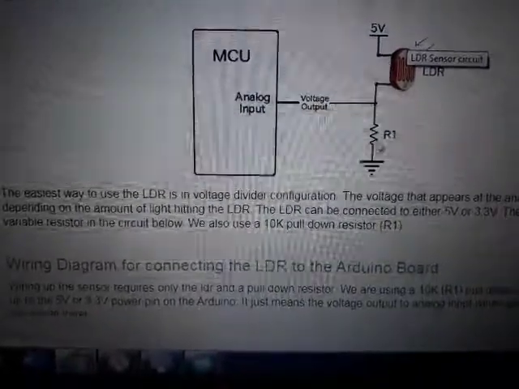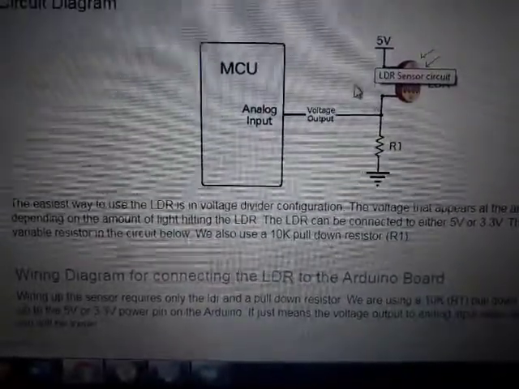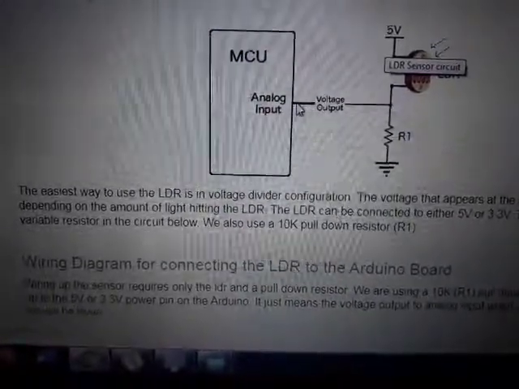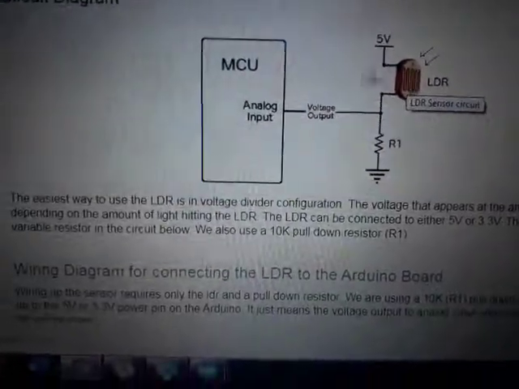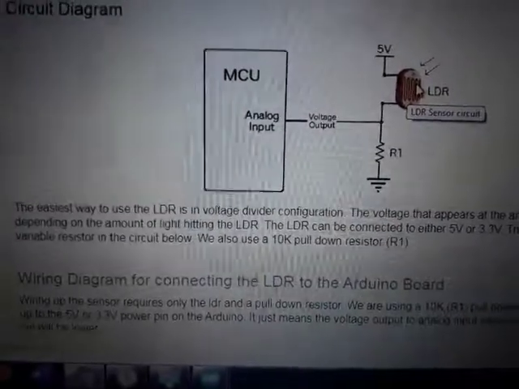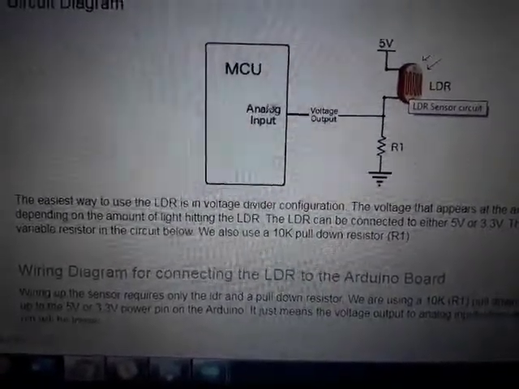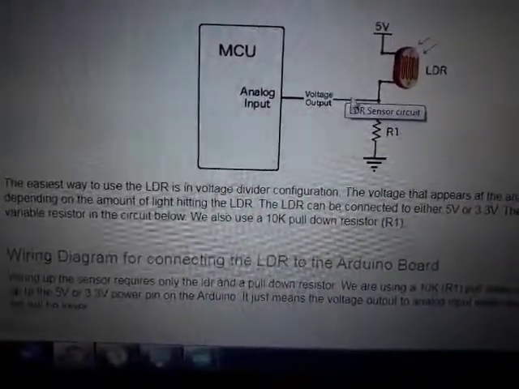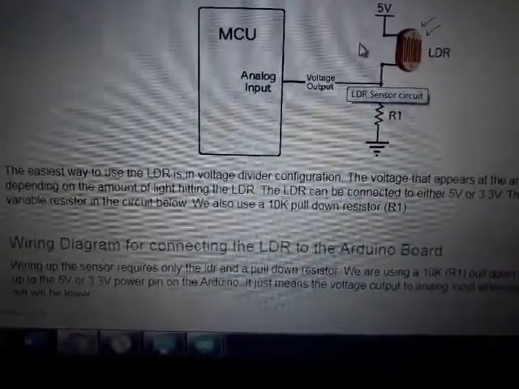This is one resistance, this is the second resistance, and it is a voltage divider circuit. One part of the LDR is connected to 5 volt, another part is connected to ground through resistance R1, and the same point is connected to the analog input. In complete darkness, the resistance will be very high, let's say infinity, and this will be an open circuit and no voltage will occur here. In complete brightness, in the ideal case the LDR will be short circuited and the complete 5 volt will occur here. In between there will be some voltage here. So the more the brightness, the more the voltage; the less the brightness, the less the voltage.